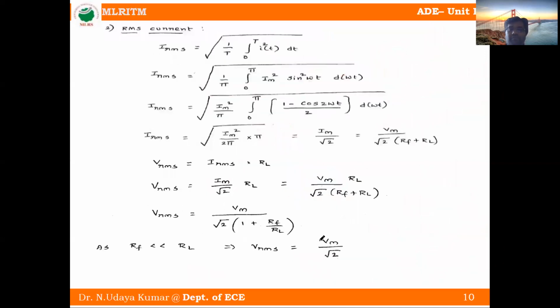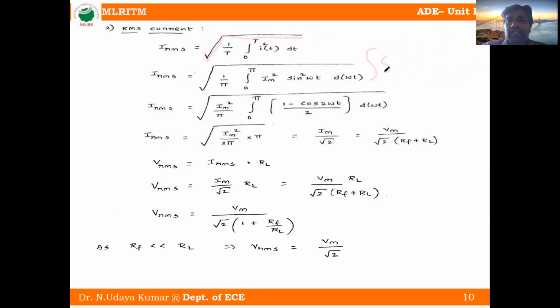Okay. Next is root mean square, also called IRMS, the root mean square current. Root means the first R for root, and mean square means we are squaring the current component, I square of t. I of t is equal to Im sin omega t. Here I square means Im square sin square omega t. What is the integral of sin square omega t? It is 1 minus cos 2 omega t by 2.